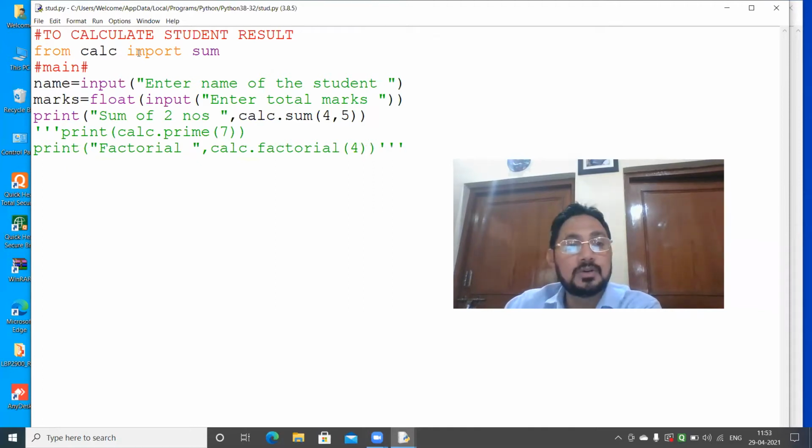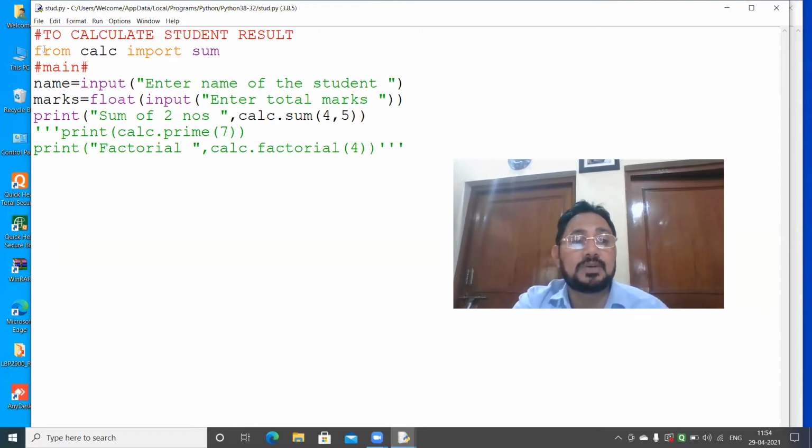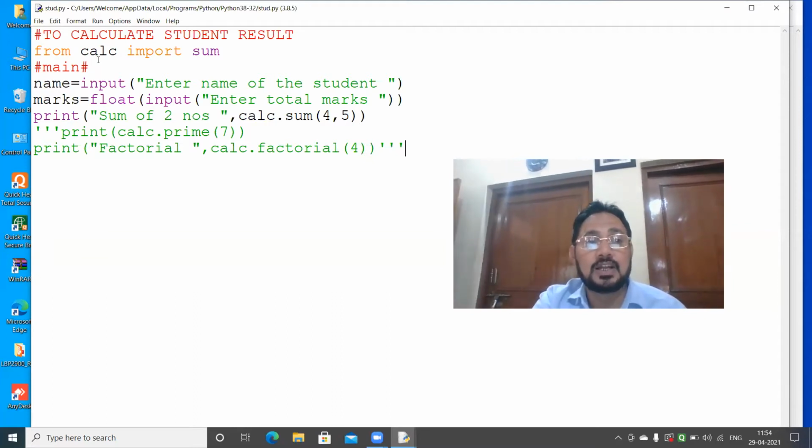Import object. Okay, so I'm not having much time. I will just explain this part in my next class. Calc.sum.